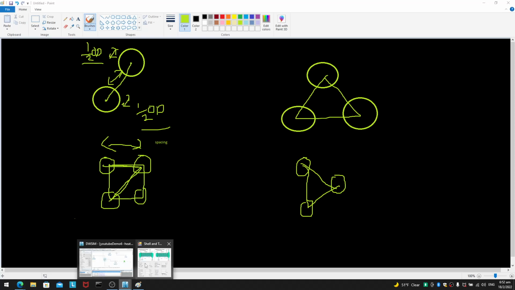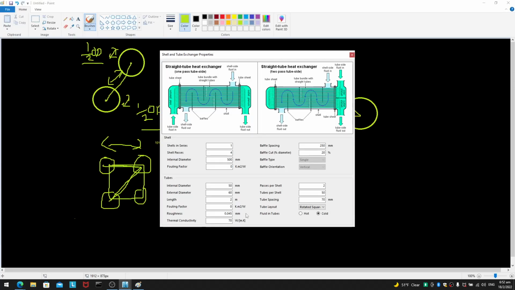Yeah, I don't think it's the pitch, but yeah, the pitch will be this tube spacing. Pitch is just another word for tube spacing. That pitch is the center to center distance between the tubes. Okay, so